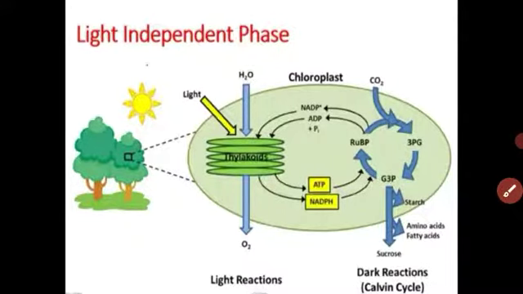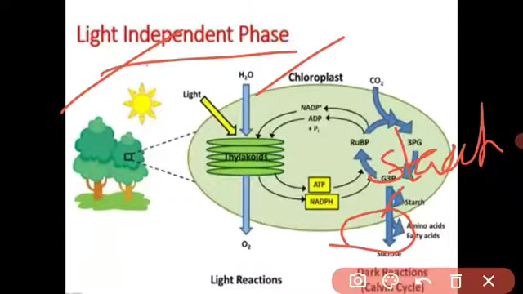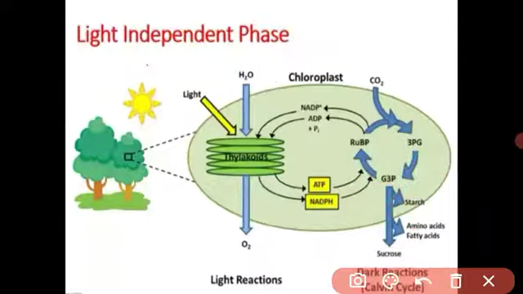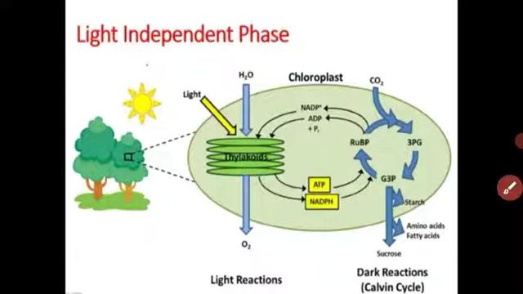Light dependent and light independent phase. Let us revise. Light dependent phase is called the photochemical phase. This phase occurs in the thylakoids. And light independent is called the Calvin cycle. It occurs in the stroma. It is also called the dark phase and biosynthesis phase. The products produced are glucose and oxygen. Glucose molecules are converted into many glucose molecules by the process of polymerization and form starch. Oxygen is liberated outside into the atmosphere.